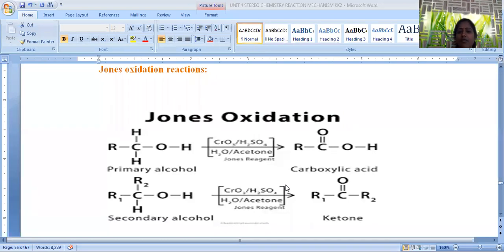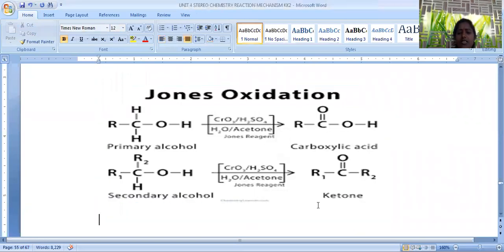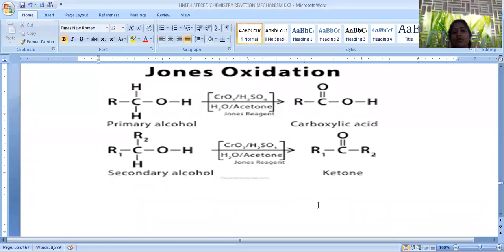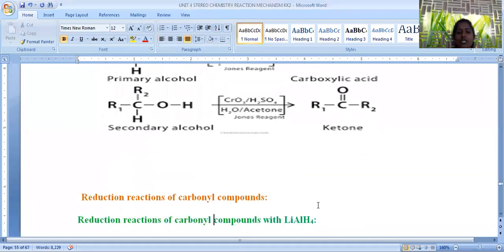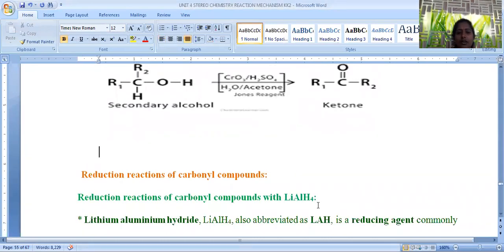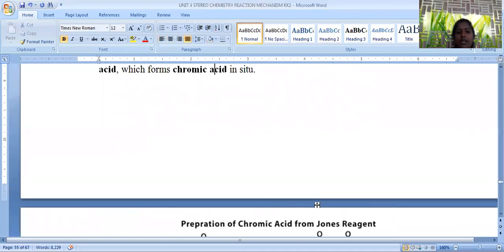In case of camenophore oxidation, we will get the maximum amount of yield. That means product formation is extremely high compared to this Jones oxidation. But it is also possible, this is another alternative method for camenophore oxidation. So this is about the products which are obtained by this Jones oxidation process. So by this we completed oxidation methods. One is camenophore oxidation, second is Jones oxidation.